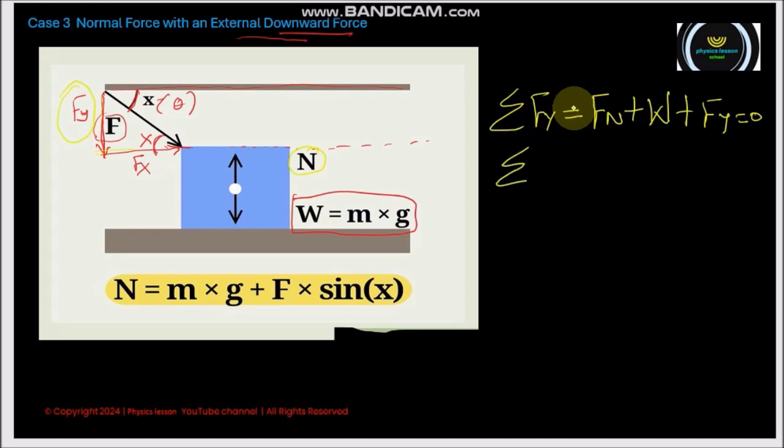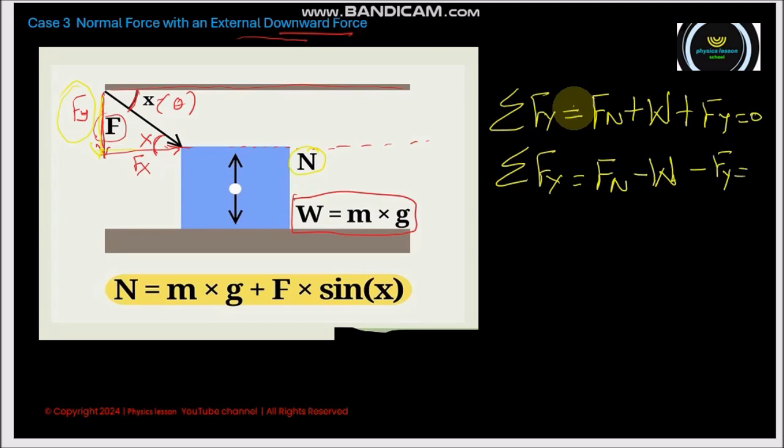That means the summation of all the forces across the vertical is equal to the normal force, which is upward. For the upward case, our vector quantity is positive, okay? Fn. Then, what about the weight? The weight is downward. The direction is downward, so we have negative of the weight. Then Fy, look, we decompose here. Downward, that means minus Fy across the y